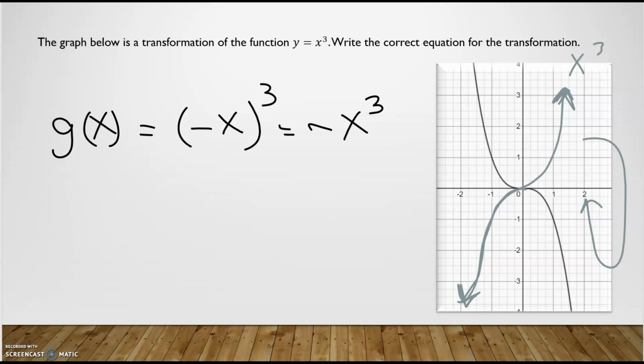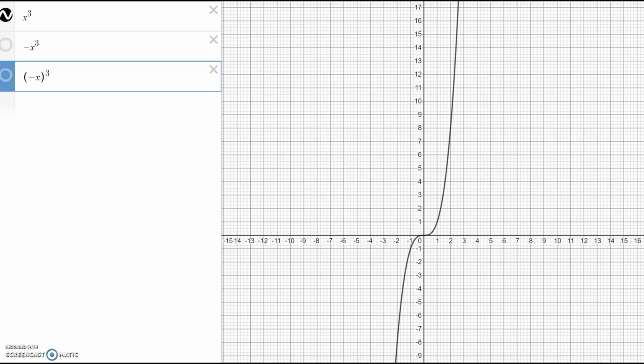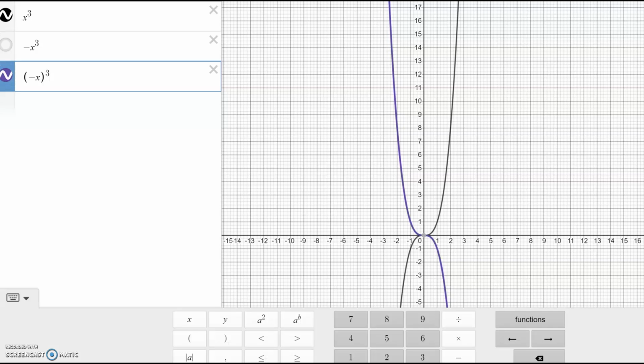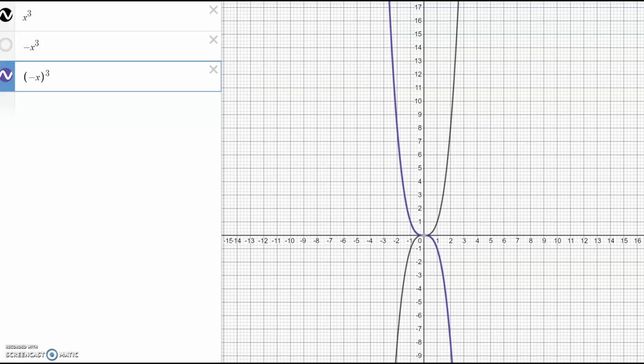So let's see that on the graph over here. Notice the black function is the original x cubed. So when we flip it across, looks like the y-axis here, so that's the transformation that was given to us. It looks like it's flipped across the y-axis. But notice, if I flip it across the x-axis,